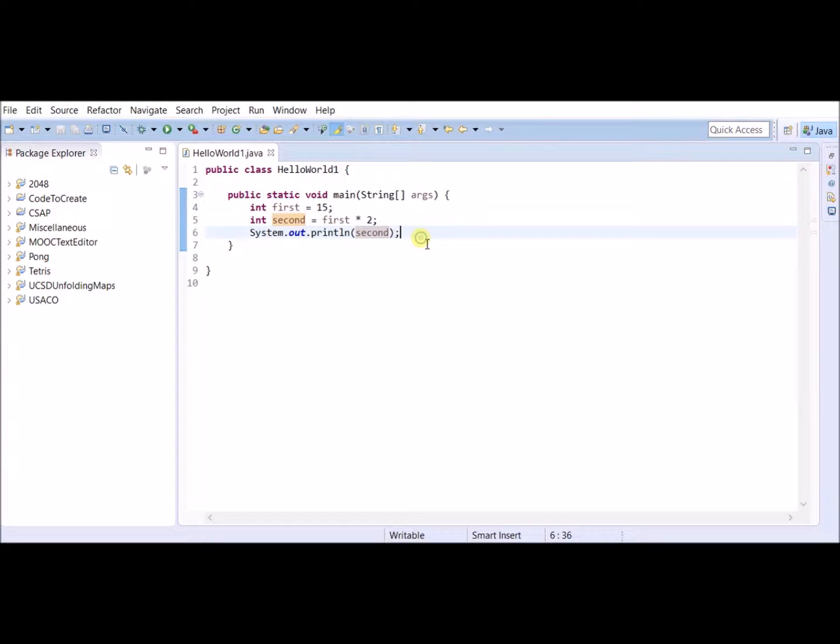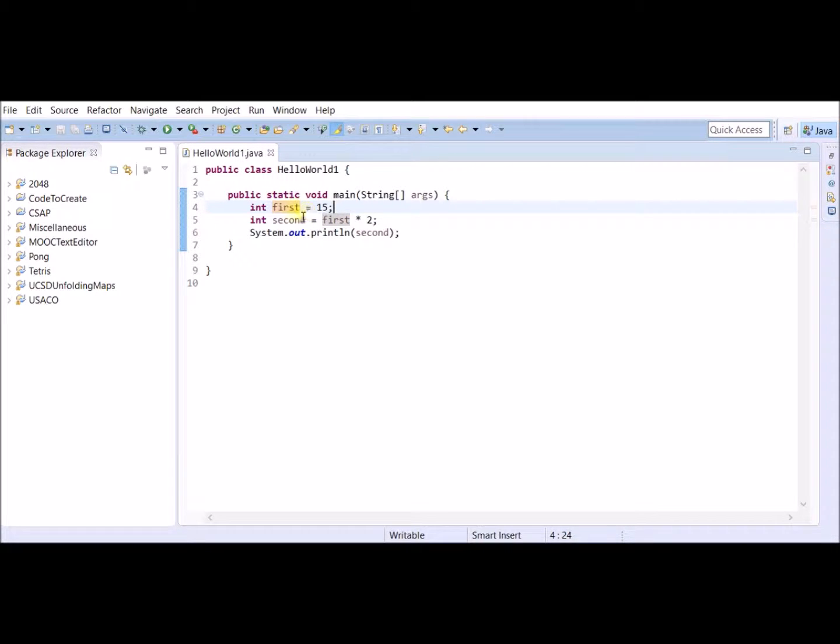So what we covered today are two very crucial features of Java. Variables are a very powerful aspect that allows coding to be much simpler and easier to implement. For example, a key aspect about variables is that they make code much easier to change. If we were to use this variable first throughout our program to represent the number 15, it's much easier to change the value rather than having to change 15